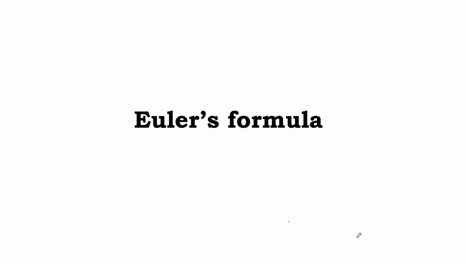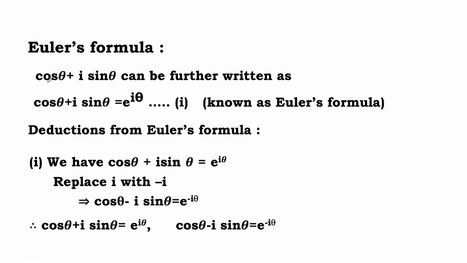Euler formula. In this lecture, we are going to start with Euler formula, a very important and very useful formula. We have already seen that cos theta plus I sin theta is a complex number represented as Z. This cos theta plus I sin theta is known as e to the power I theta, right? In this complex number, both the series of cos theta and sin theta will be the same. So it's coming as e to the power I theta, right?